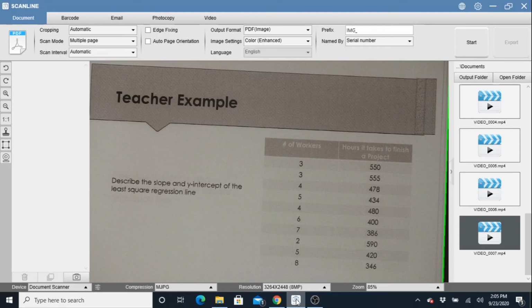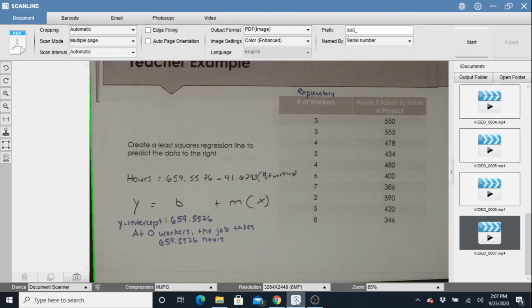We're going to say that at 0 workers, the job takes 659.5576 hours. Now, you may be saying, if there are no workers, the job's not going to get done at all. And my response to that is to say, remember, the y-intercept does not always make sense. You just have to deal with the fact that it's not going to make sense. You and I both know that with no workers, nothing's going to get done. You just have to write down what it means. At 0 workers, the job takes